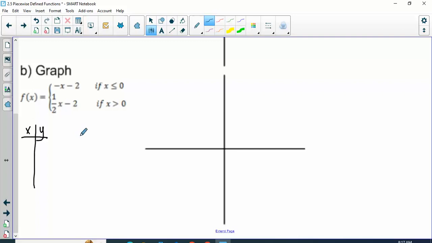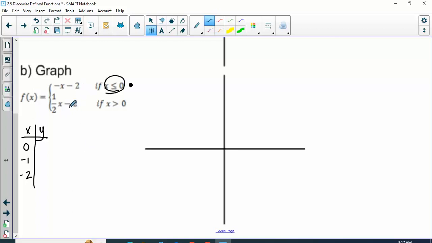So what's the first thing we have to plug in? 0. For plotting the first piece, we put in the 0. It has an equal to, so we don't have to worry about anything there. And then we want things less than 0. So maybe a negative 1, negative 2. You're looking at this statement right here to decide what numbers to plug in, whether it's things smaller or bigger